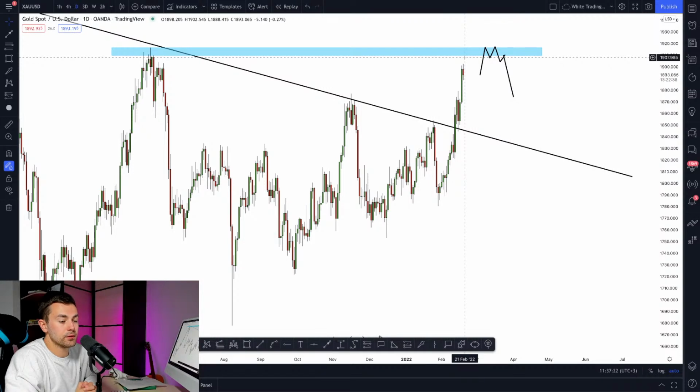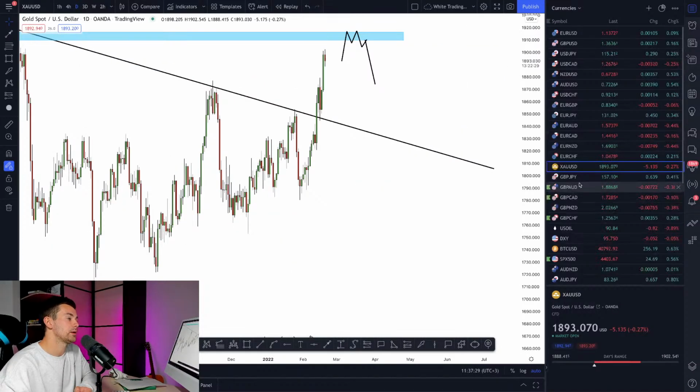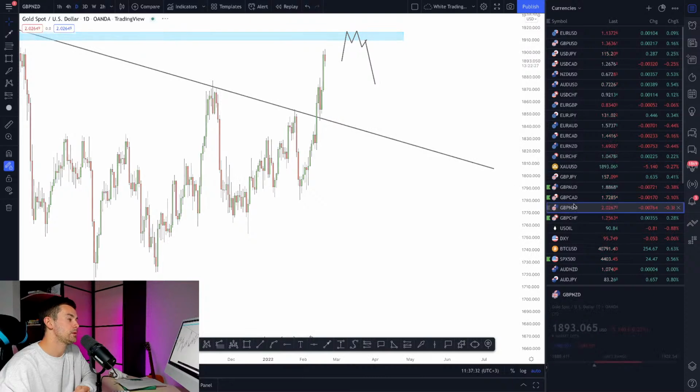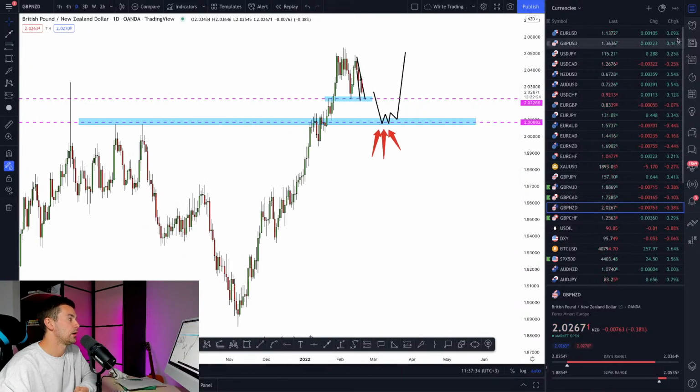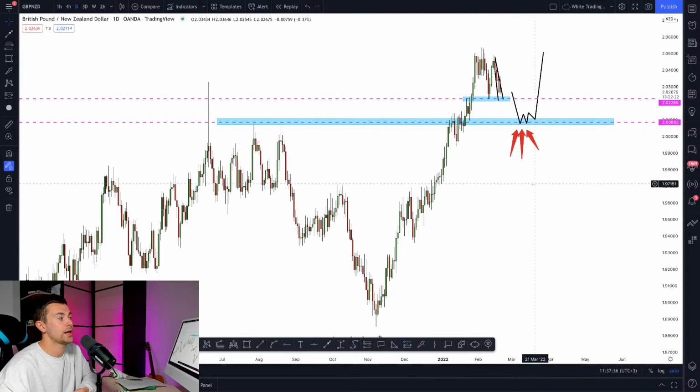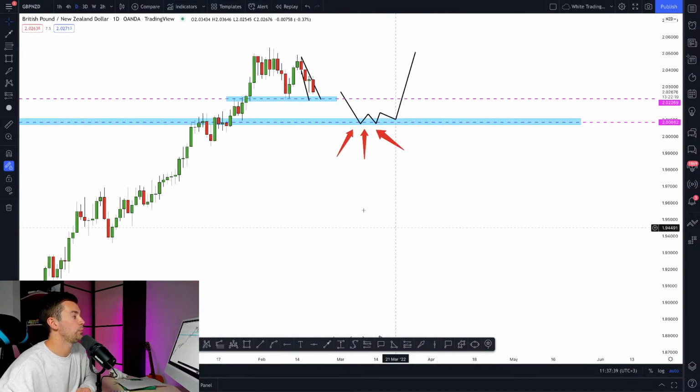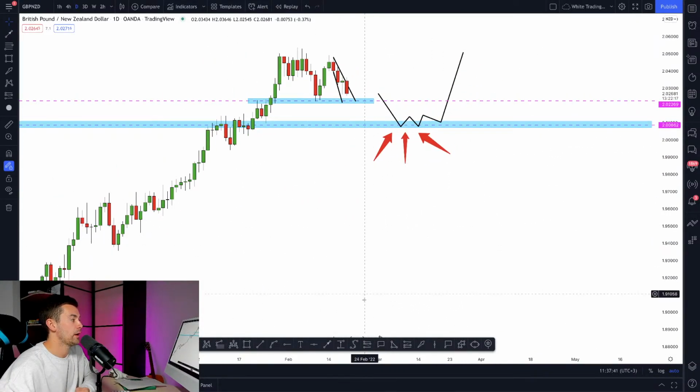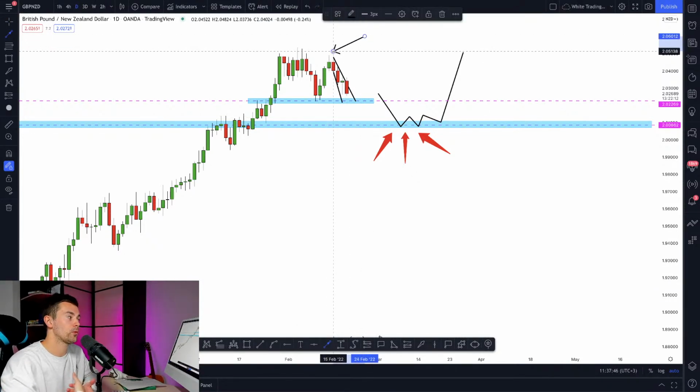Oliver says, even if Pound New Zealand broke the trend line, it still respected the last high level. That is true, yes. If we open the Pound New Zealand pair, indeed the market respected the last high level. But the problem is that here the price also set a lower high. And as we know, the formation of a lower high in a bullish trend is a very, very, very important bearish clue.